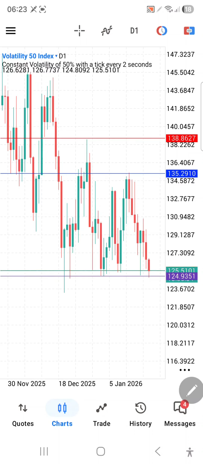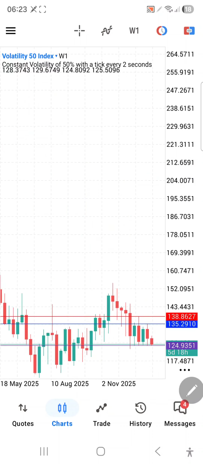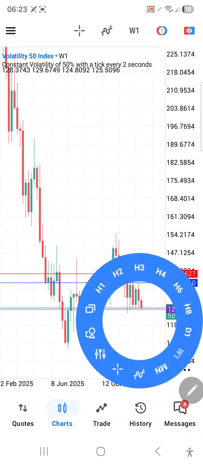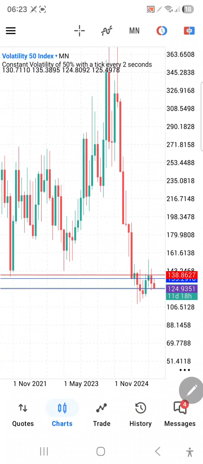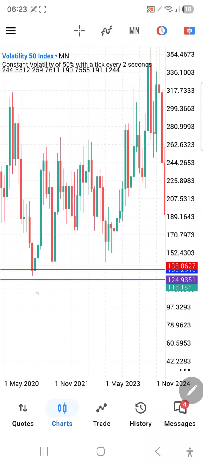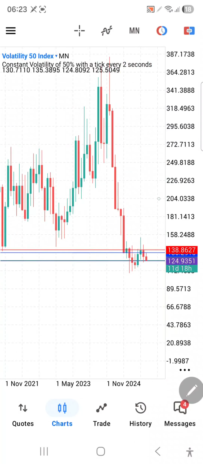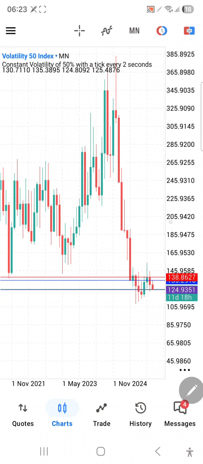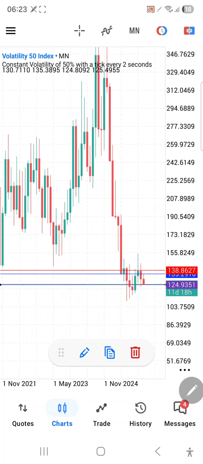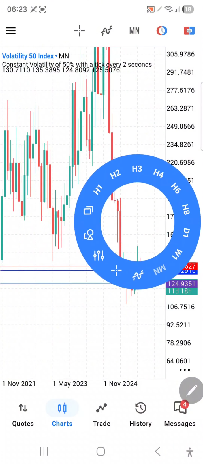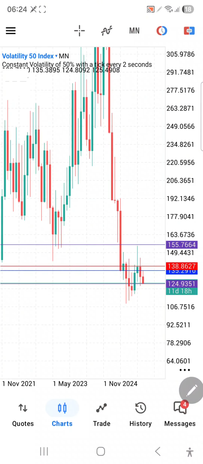Now let's scale down to our bias time frame, which is the time frame we use to check the overall view of the market. Let's go to the monthly time frame because it will make more sense there. Looking at this, price broke this zone and is totally bearish. But price is kind of at the discount zone as it was coming up from here, and something happened. Price got to this level here